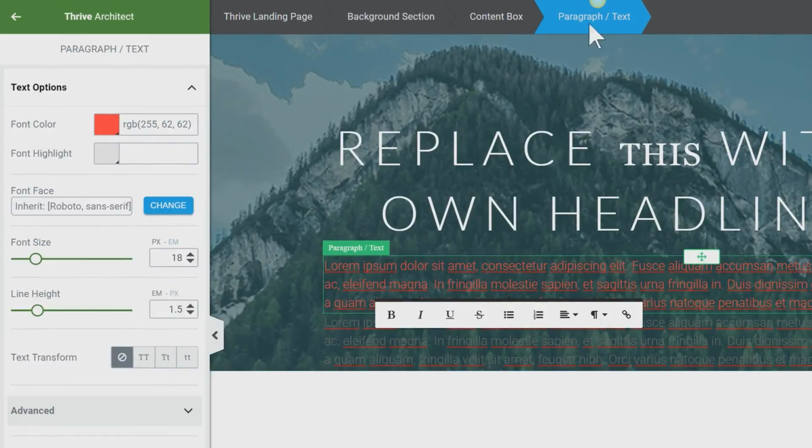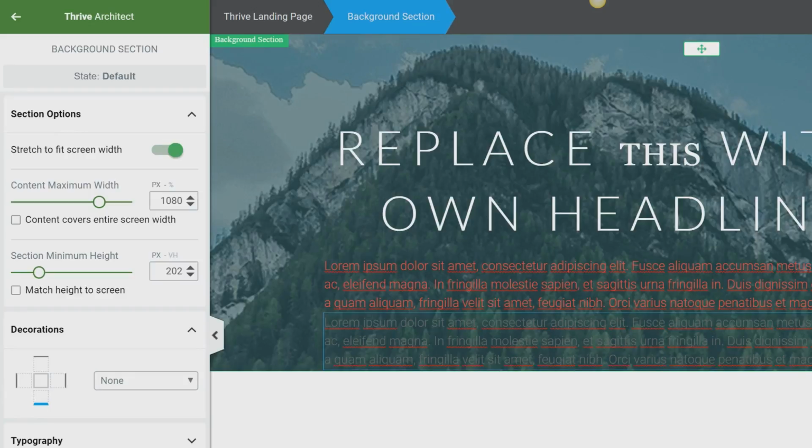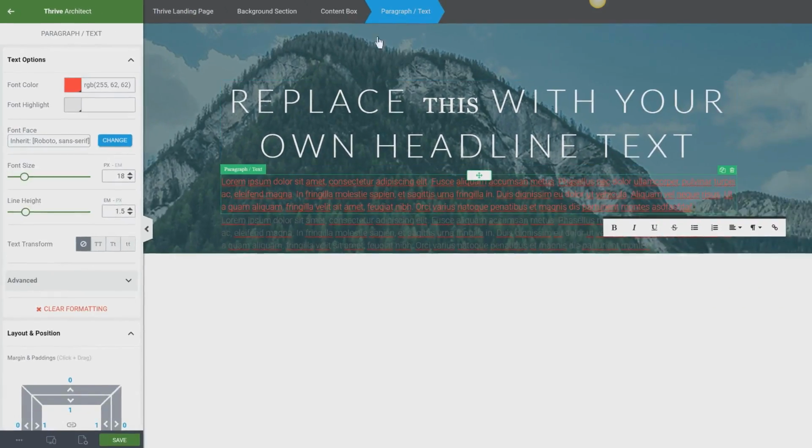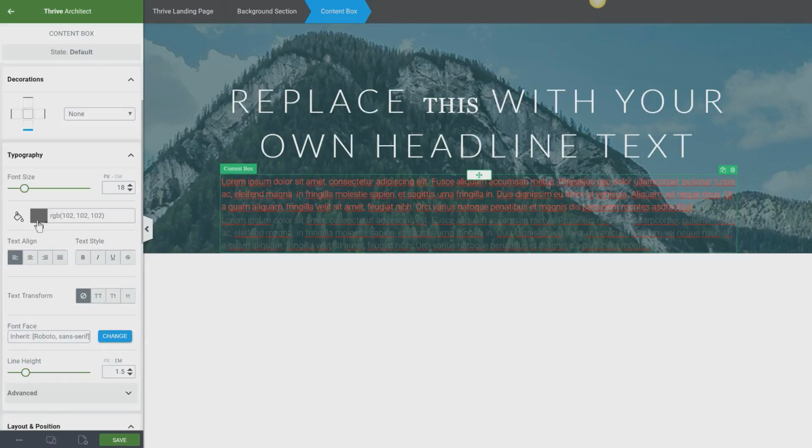So this shows us that the paragraph that I've selected is inside a content box, which I can select here. The content box is inside the background section, which I can select here. So you can always click on any element and then from the breadcrumbs, click on any element that it is inside of. If I go to my content box, I can go to the typography options and change the font